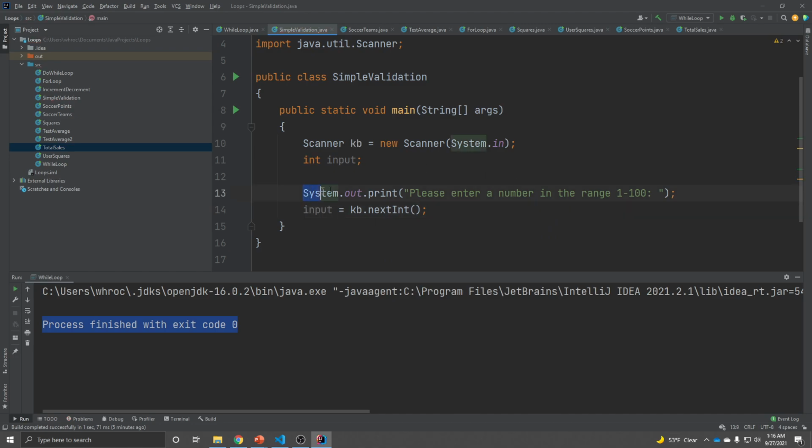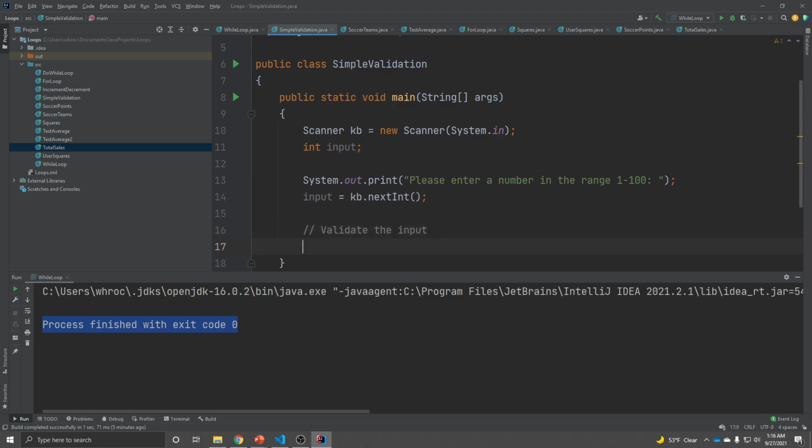So we've asked the user for input. We've stored their input in a variable. Now we can validate it. So is it what we asked for? Is it from 1 to 100? So I can say while my input